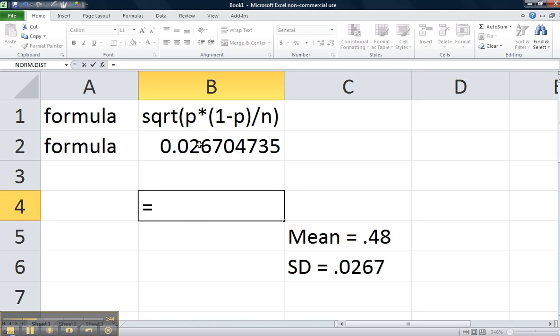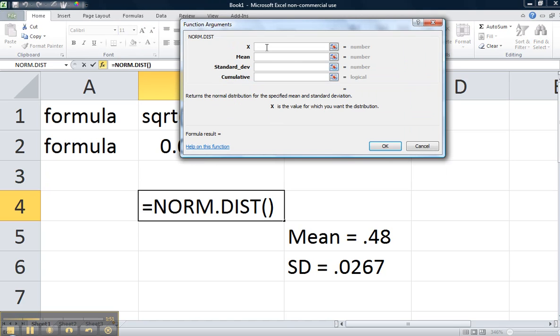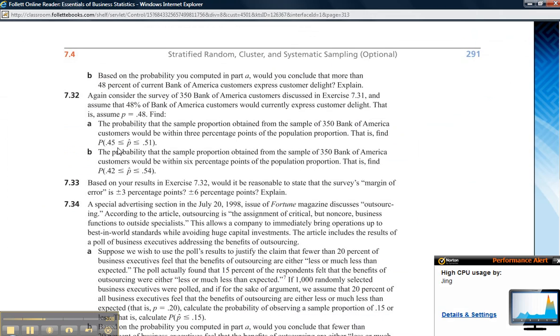I'm going to go to my function. I'm going to go to normal distribution. I'm going to type in the x value. The simplest way to remember this: whenever you're doing an in-between, just find both lowers and subtract. It's the easiest way when you're in Excel to do this. I need to find the lower probability under the curve at 0.45 and at 0.51. So I need to go to